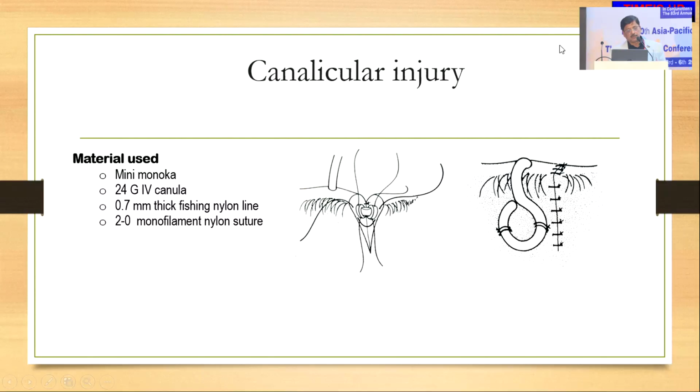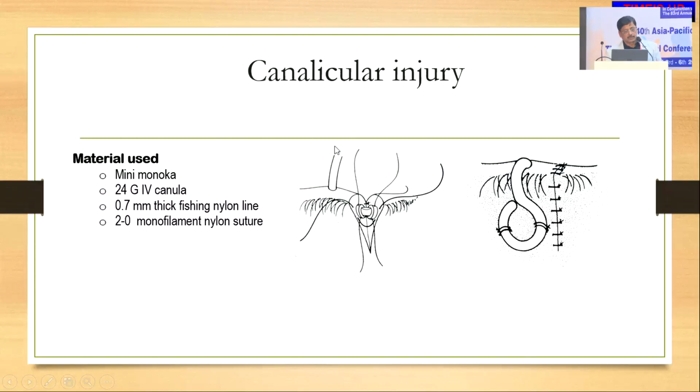And at the same time, if you find some canalicular injury and you don't have... So before referring to Dr. Ravi Ranjan, just he will find something difficult while finding out